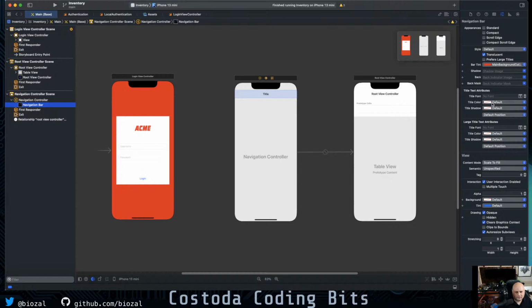Title color, these are for the font, for the title, and you could just say you can do the large versus not. Now these are different styles of the view, how you want it to show up. So that's the large text attribute versus the non, and you can go through here and set the font type, and then also set the